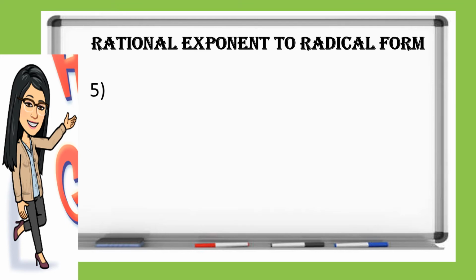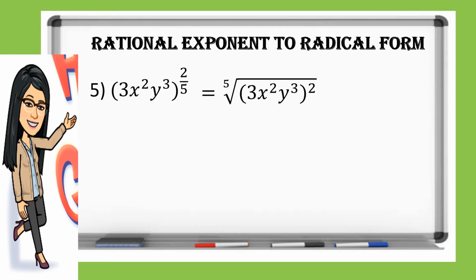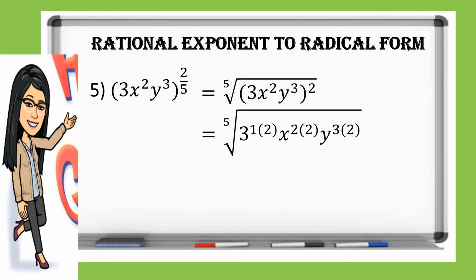Ready for example number 5? So the given is 3x squared y cubed, raised to 2/5. Looking at the denominator, which is 5, we are going to use the fifth root of the radicand. So the fifth root of the quantity 3x squared y cubed is squared. Applying the law of exponent for power of a product by multiplying the exponents, we will arrive at the fifth root of 3 raised to 1 times 2, which is 3 squared,